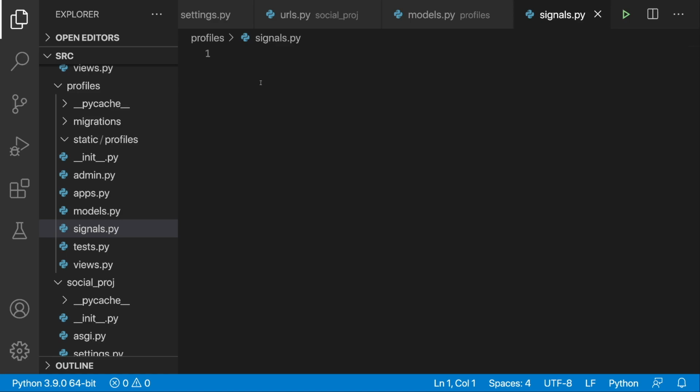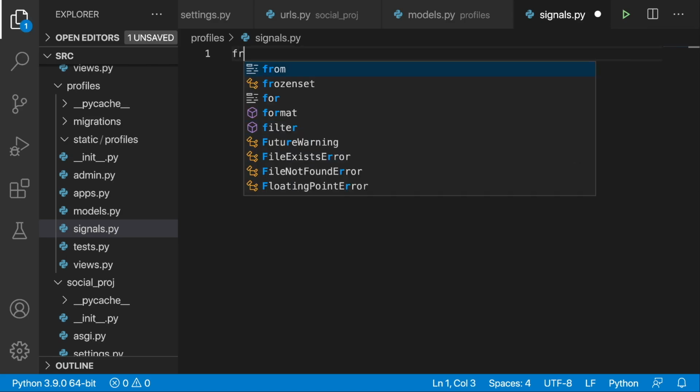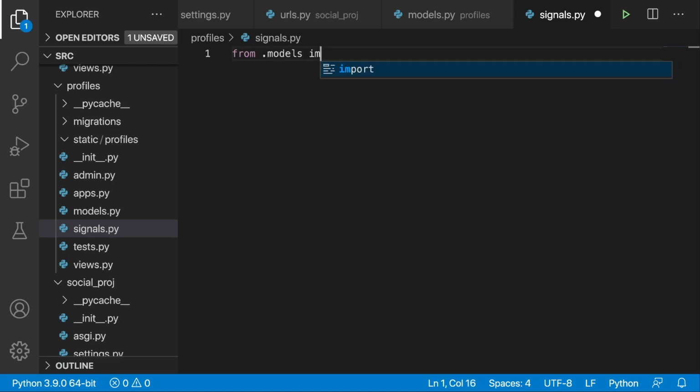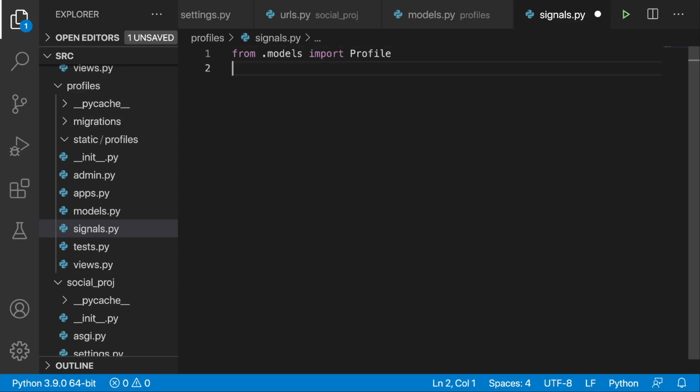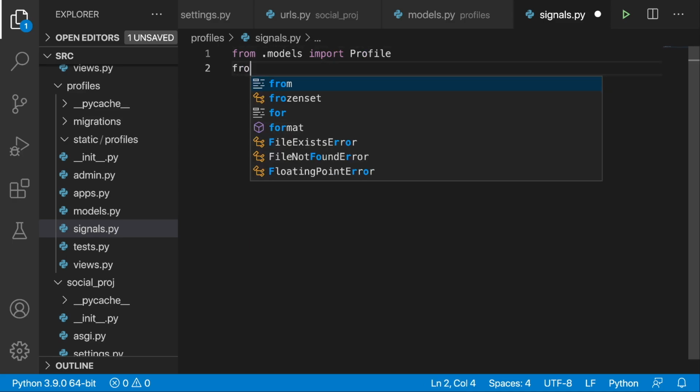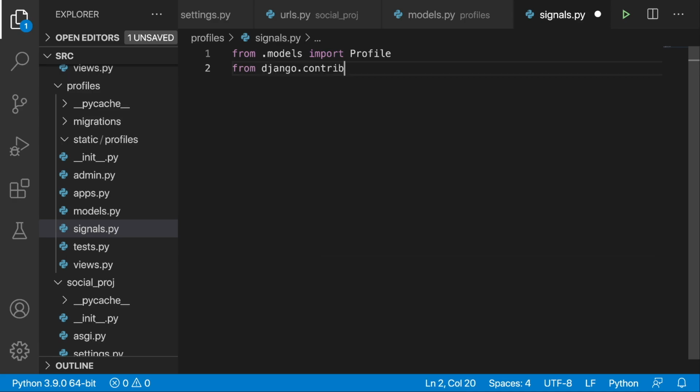So first of all, what we need to do is to import our profile model. So from .models, we want to import the Profile model, but we also need the User. So from django.contrib.auth.models, we want to import our User model,